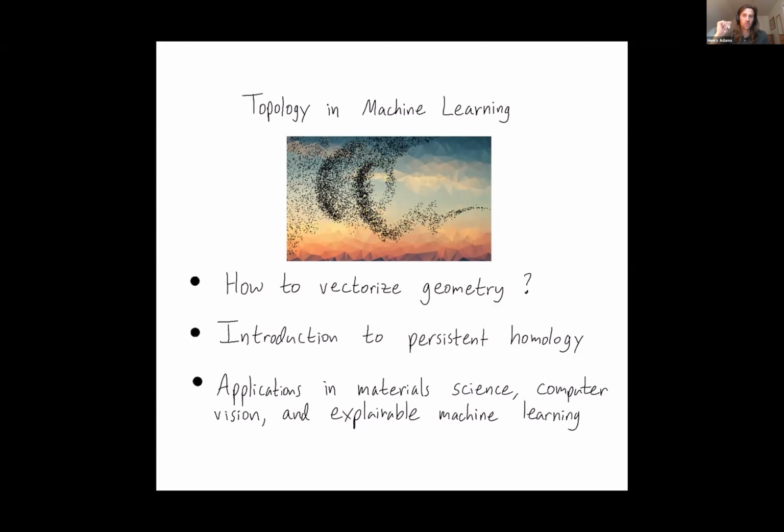It's also difficult when the machine learning model gives a prediction, such as we predict this flock of birds is going to move in this way next. It's hard to say how the geometry informed that prediction. So by vectorizing geometry, I mean taking geometry and turning it into a suitable input for machine learning. And I also mean using geometry as an explanation for why a machine learning model made this prediction.